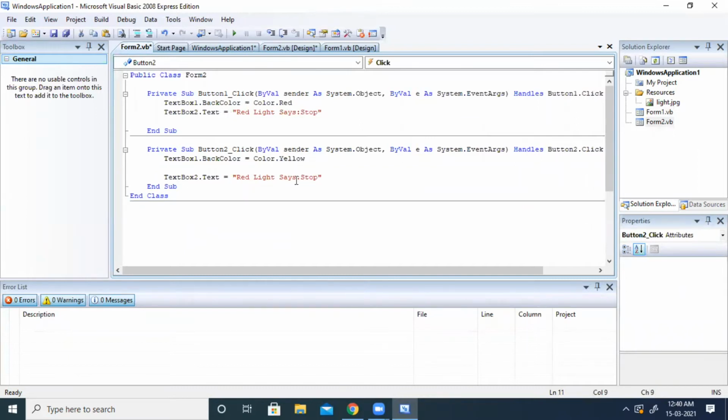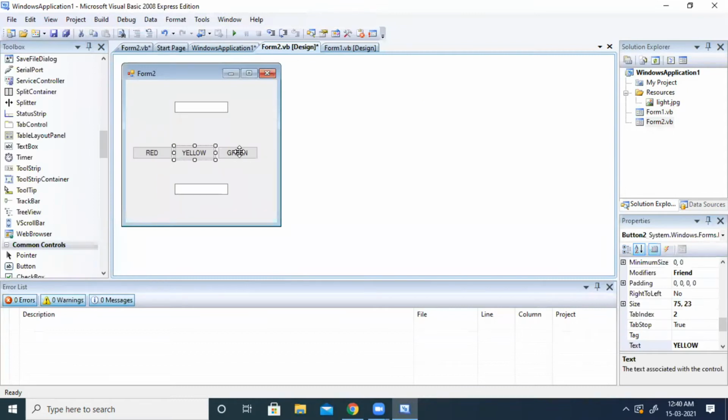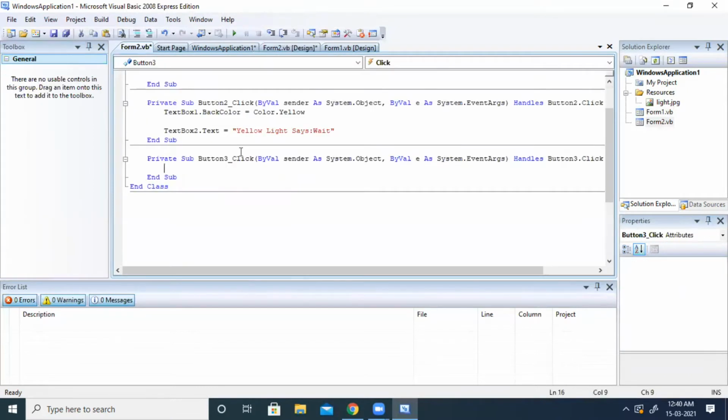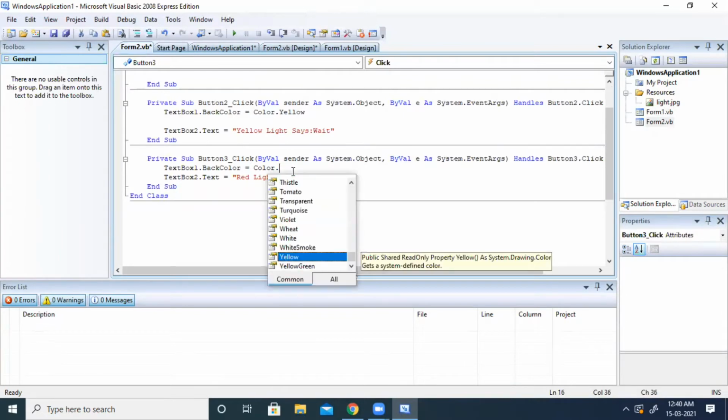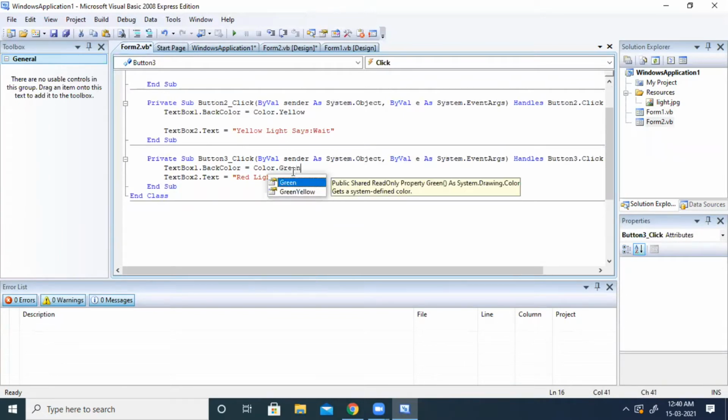So here I want to write yellow light says wait. Now again I will go to the design part. I will click on the green button. Here the color should be green. And here, green light says go.